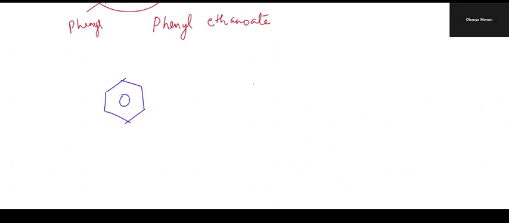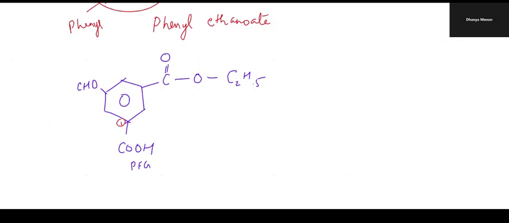So here, C double bond O, C2H5, COOH. Okay, now here one more group will add, CHO. So here the primary functional group is the acid. If you look at the priority list, this carbon is given number 1 position. So this has become the substituent. If ester has become the substituent, it is called alkoxycarbonyl. So in this case,